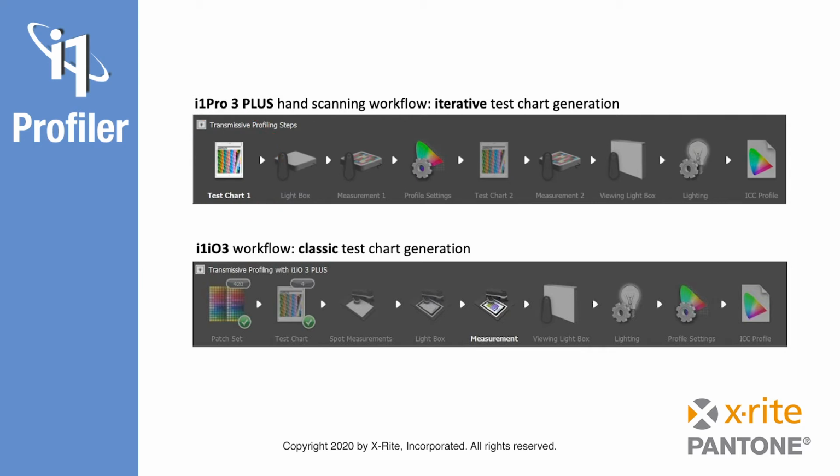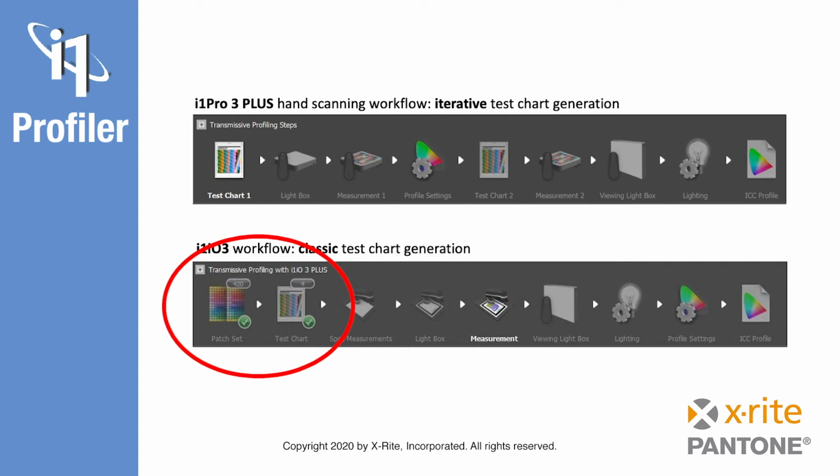Based on the measurements of this first chart, a second chart with roughly another 100 patches will be dynamically generated, printed, and measured. This iterative approach allows you to build a profile with the minimum number of patches. This is done to save time, as the measurement of transmissive patches requires a longer time than does reflective patch measurement. The workflow when using an i1-IO3 Plus table